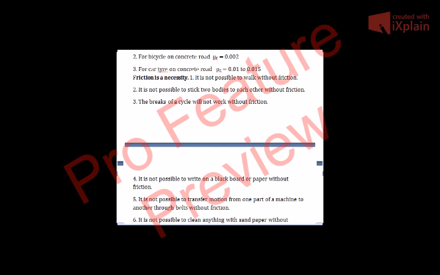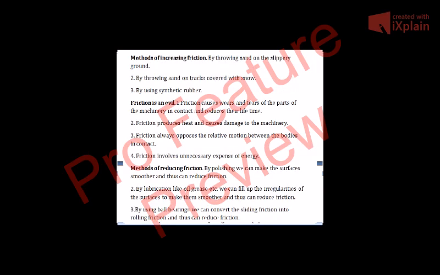If you want to clean the doors or the windows with the help of sandpaper, if there would have been no friction, then it would not have been able to clean them. So now we know that this friction is necessary for us. So in some cases we would like to increase the friction. So the methods which we use to increase the friction are: